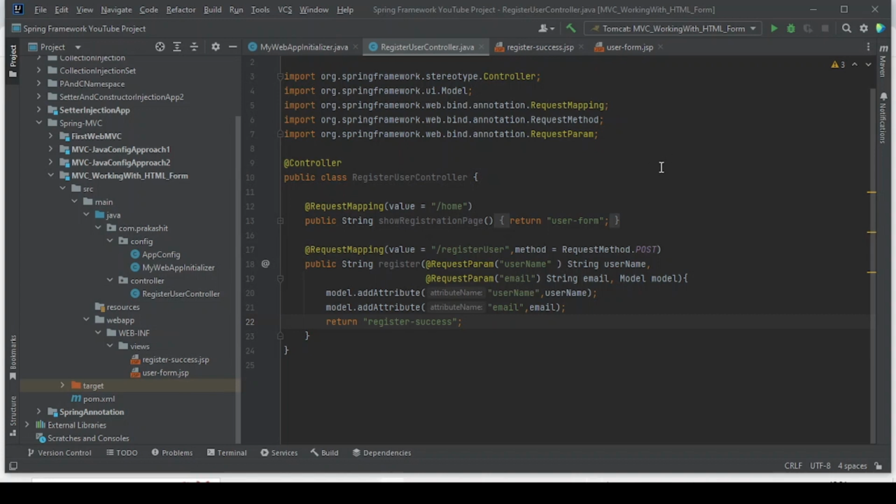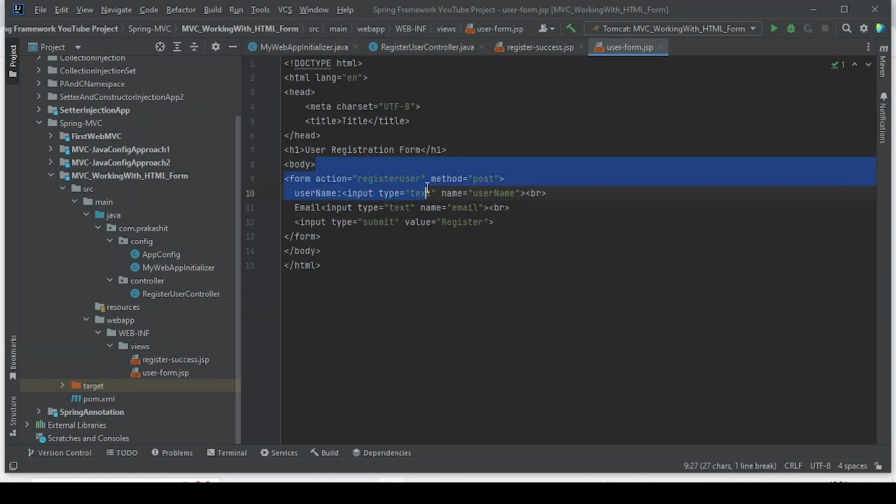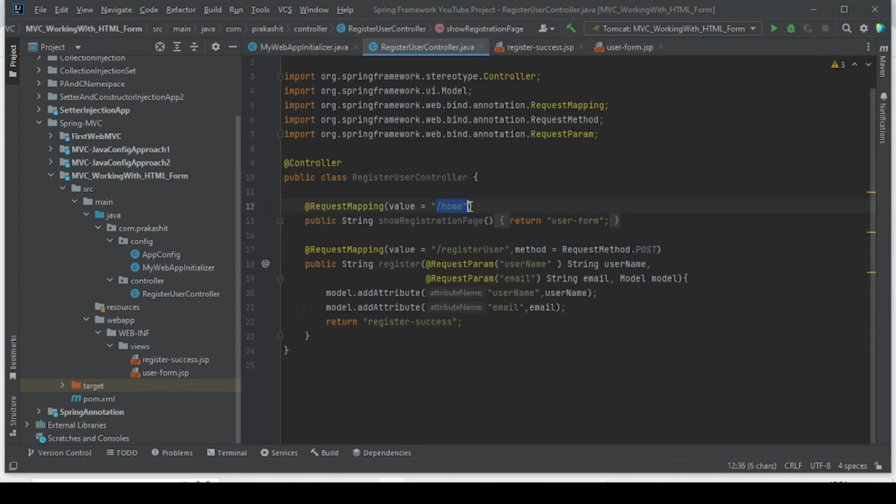As part of our last class, what we have covered is we are just submitting one user form. This is the user form we are submitting with the name and email. As part of the register controller, whenever we fire this user slash home, it will redirect me to the user form, and once we submit the user form, the request will come to this URL, to this method register user. Here, with the help of request param, we are trying to get whatever user data was submitted,